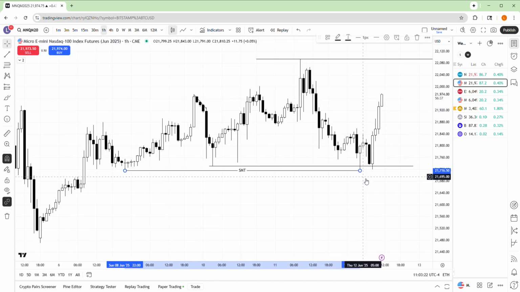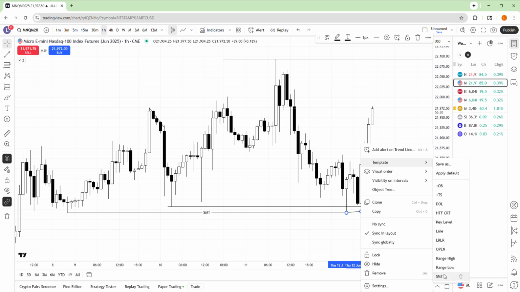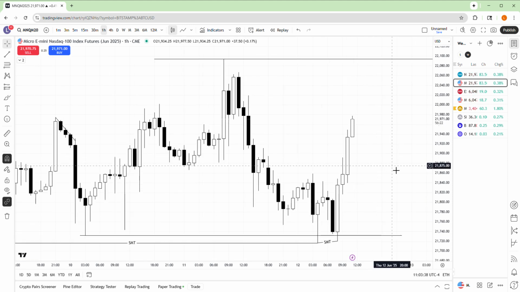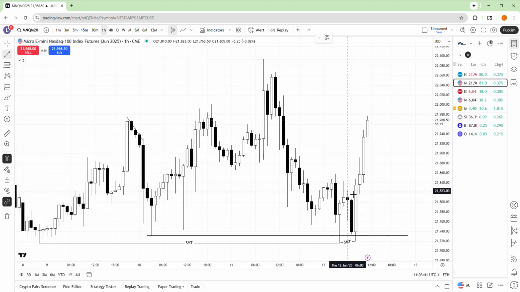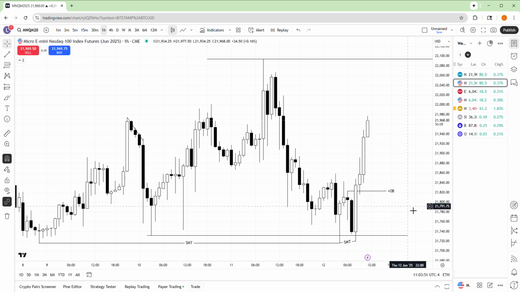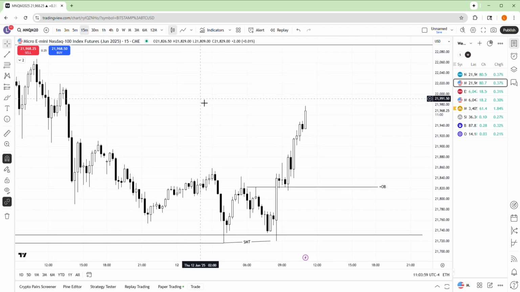So we have the SMT here, and then to confirm that reversal, we have another SMT here. ES took this low. ES looked something like that. And then we get a nice change in the state of delivery. Order block, tapped into the order block at 9. So then expand higher. And then we have all these buy stops to target all this low resistance liquidity in the form of failure swings. So dropping down to the 15,